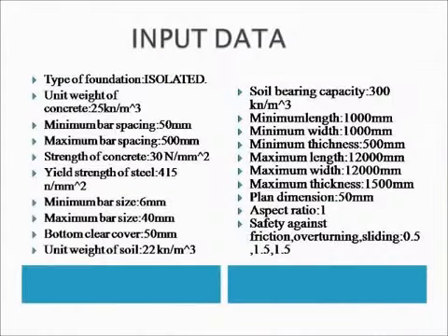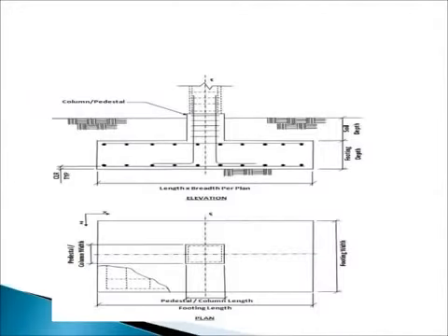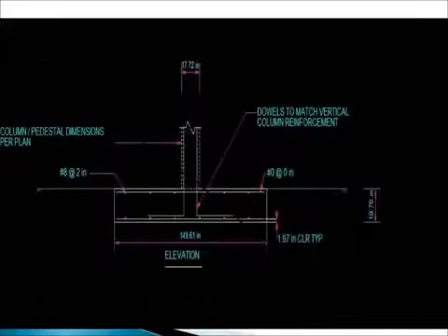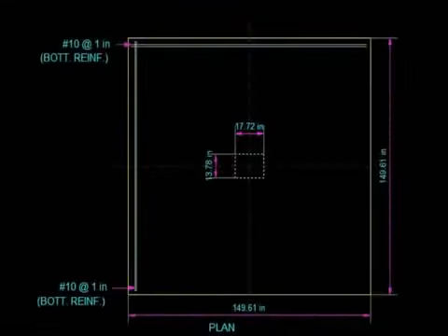After this, input various properties of the structure and click on design. After the analysis, detailed calculation of each and every footing is given with the plan and elevation of the footing, including the manual calculation. The output file contains the dimensions of all footings and reinforcement details. This figure shows the layout of all the footings. Here we can observe that some of the footings coincide as they are very near. In such situations, a combined footing is laid. This figure shows the elevation showing the reinforcement details, and this figure shows the plan with reinforcement details on the top and the bottom.